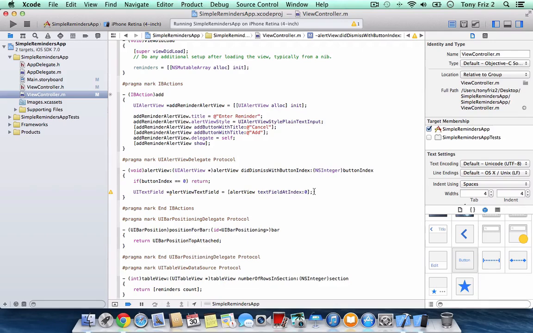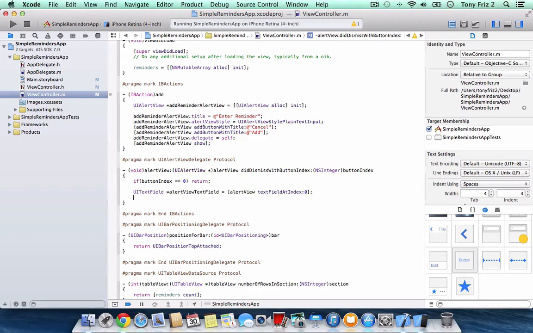But if you use the login and password constant when setting the alert view style property, there would be two text fields: the username text field at index 0 and the password text field at index 1. But again, we only have one text field, so we access it by passing in the 0 index to the textFieldAtIndex method, and now we can get the text that the user entered very simply